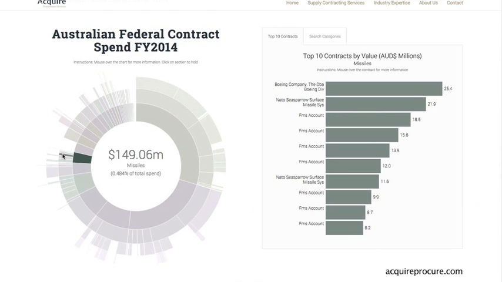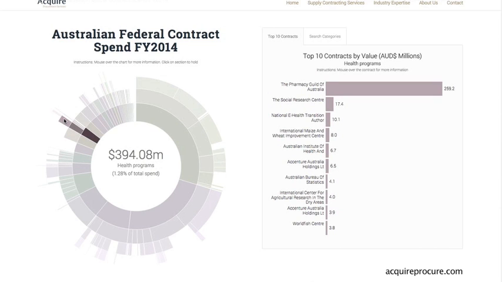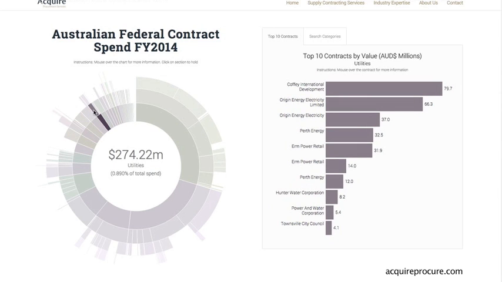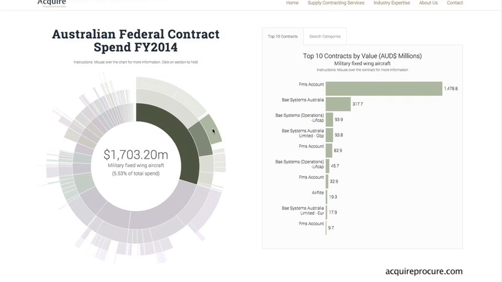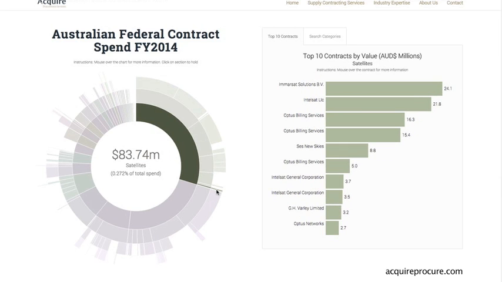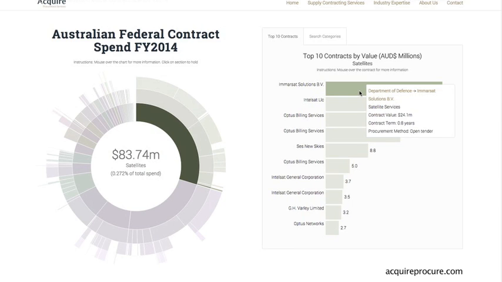Have you ever wondered how much the Australian federal government actually spends on things like missiles, conventional war weapons, health programs, utilities, tractors, military fixed-wing aircraft, or even things like satellites? And not only how much they spend on that category, but what were the top 10 contracts underneath each one of those categories? Well, now you can find out that information really easily using this tool created by the team at Acquire Procurement